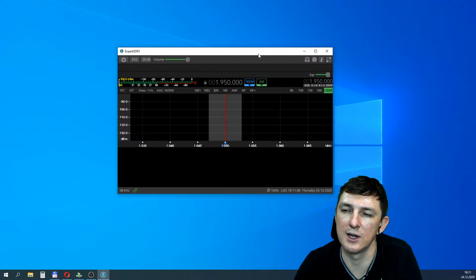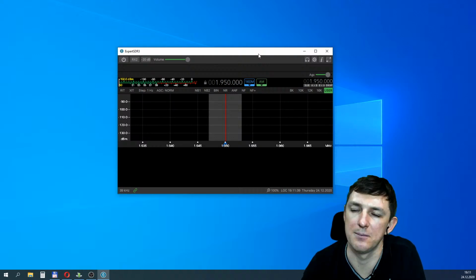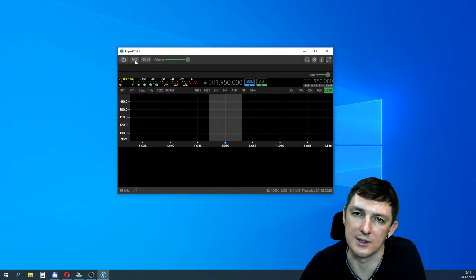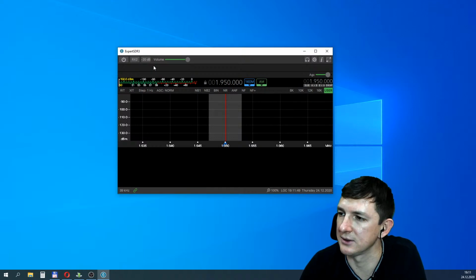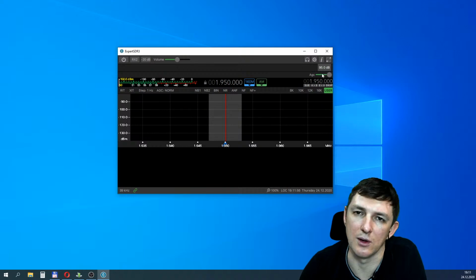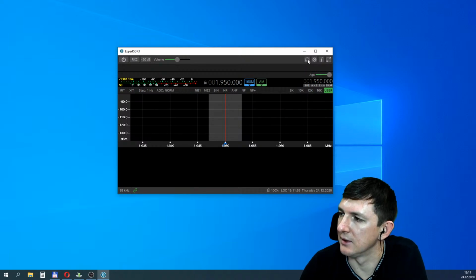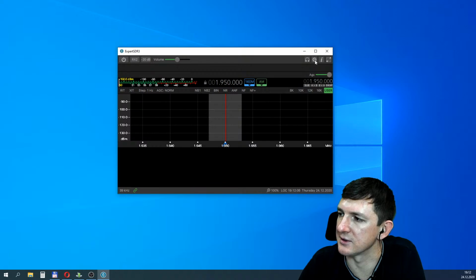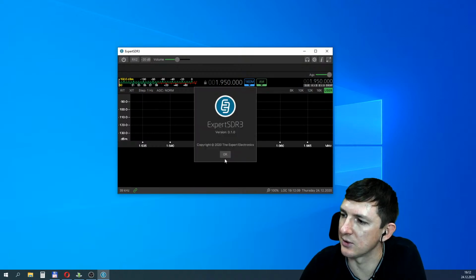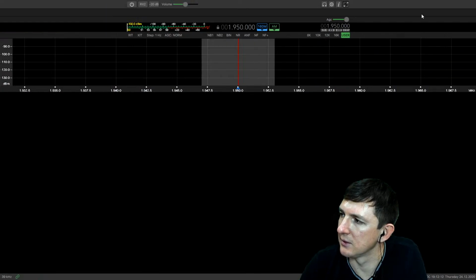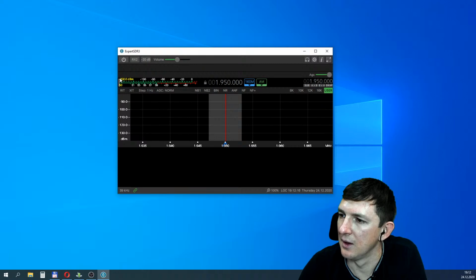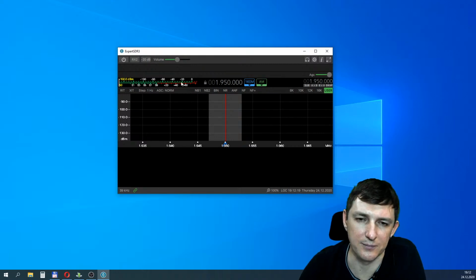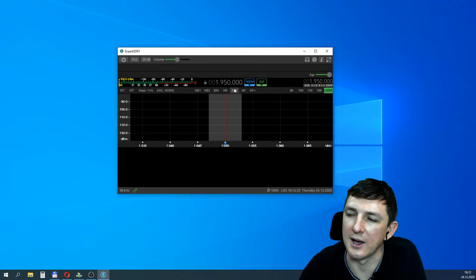Expert SDR3 for today has the following controls: start button, RX2 button, RX2 on/off button, preamp button, volume control, AGC, or the same as RF control level, switch on and off the PC sound card, settings button, information button, Expert SDR3 full screen button, and the standard controls, standard indicators like a line S-meter.